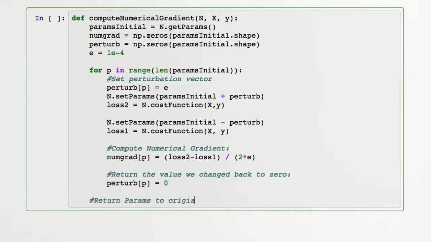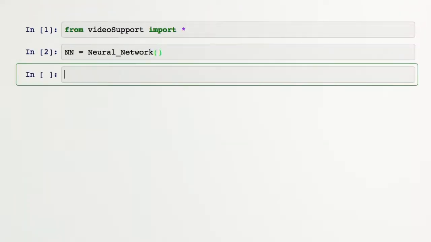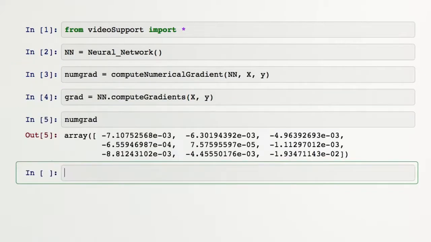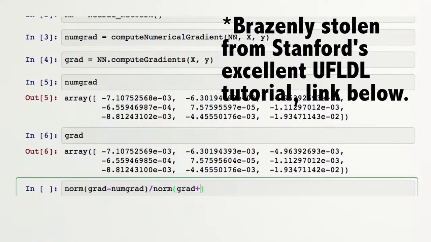We'll repeat this process across all of our weights, and when we're done we'll have a numerical gradient vector with the same number of values as we have weights. It's this vector we would like to compare to our official gradient calculation. We see that our vectors appear very similar, which is a good sign, but we need to quantify just how similar they are. A nice way to do this is to divide the norm of the difference by the norm